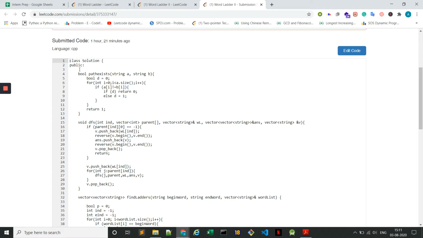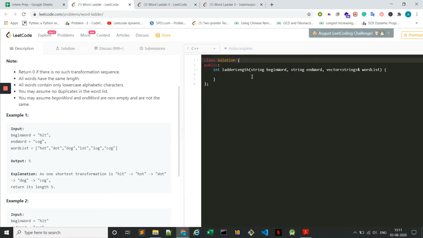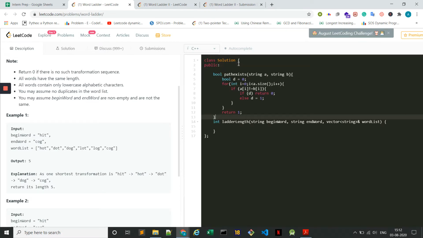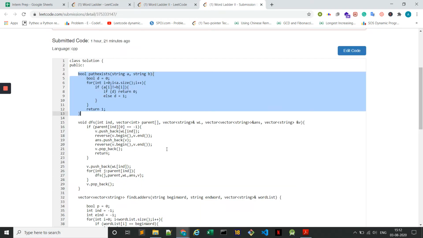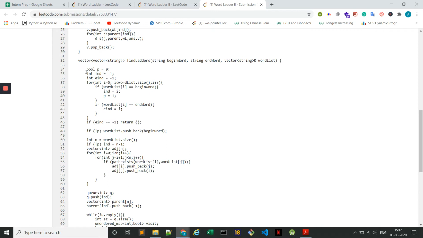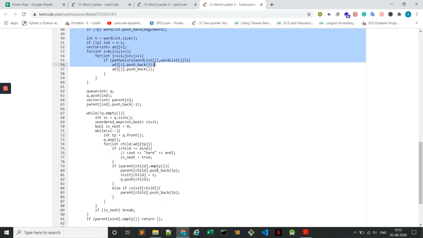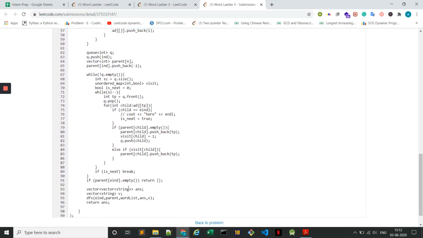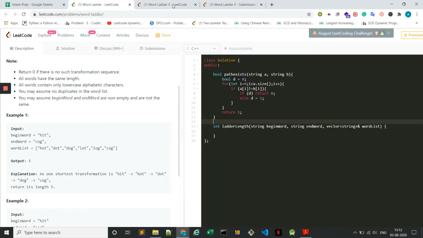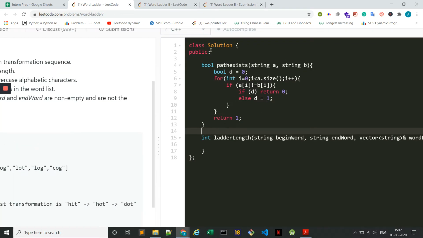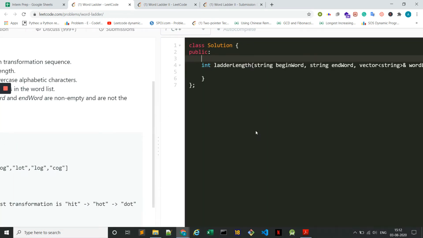So let us use this entire function. We do not need a DFS over here. Actually, this question is a lot more simpler. So I think let us code it.